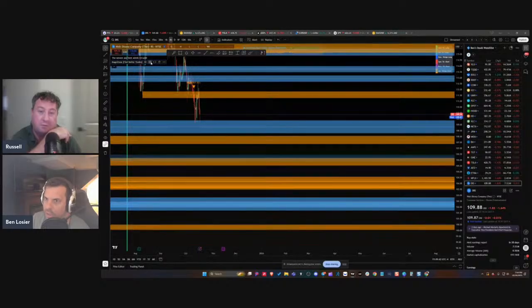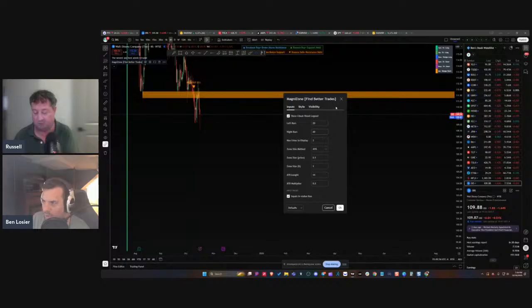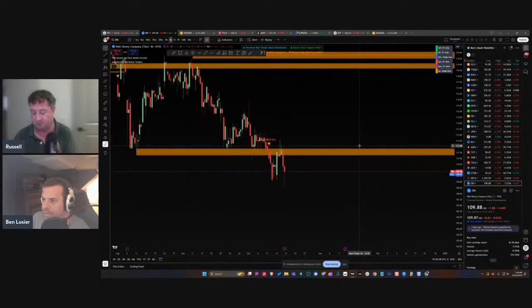This could be a really interesting spot later on, especially if you're a long-term trader doing something like this. So that's pretty cool, I like doing that. I even had an idea for a more long-term support and resistance trade, but that'll be to be determined. I've got a lot of ideas with some of these. I really wanted to integrate volume, because I love trading volume at levels as well. So I wanted to integrate something with Magnazone and volume.